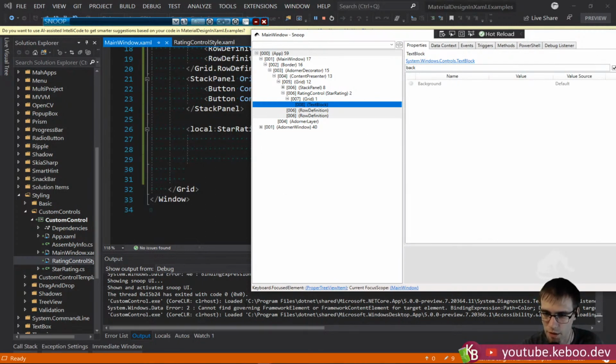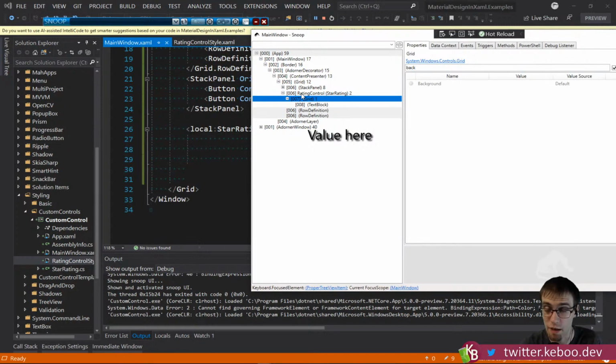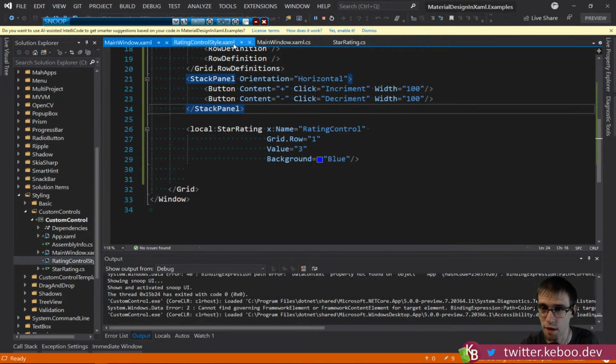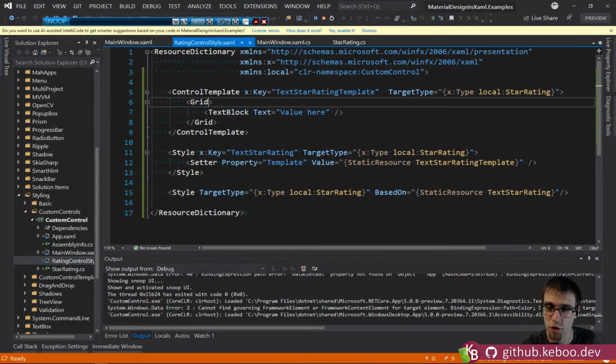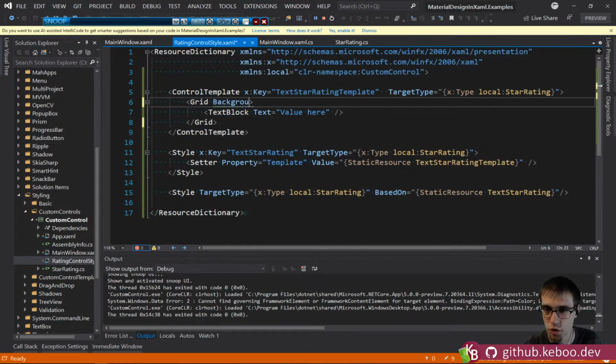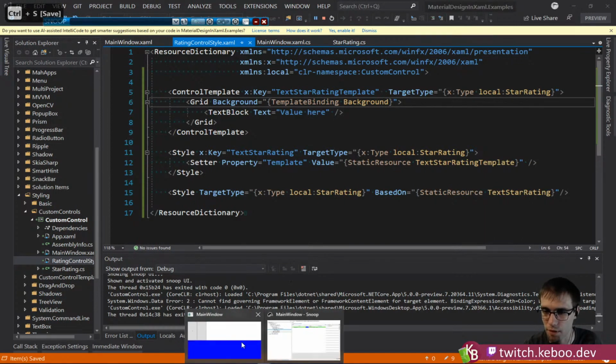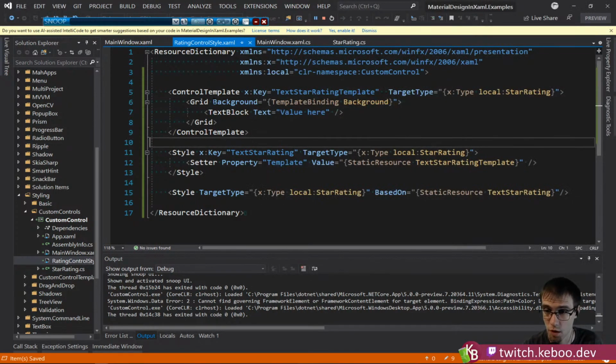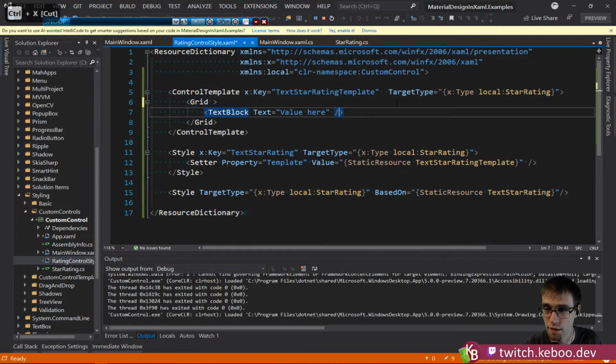So in like the Material Design library, this will often crop up in bug reports where people say, hey, I applied this property and nothing happens. It's like, well, the most likely explanation is that nothing inside of the template is using it. Probably an omission in most cases. And so the fix then is to go through on the template and go, okay, where should background be applied? Let's see, template binding background. Should it be applied to the parent grid? Perhaps it should only be applied to the individual text block,